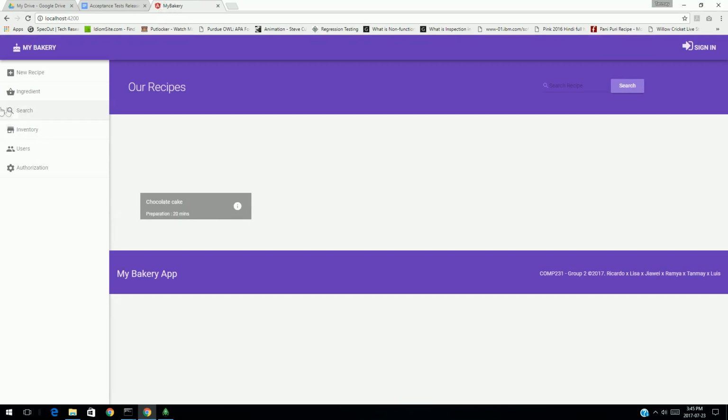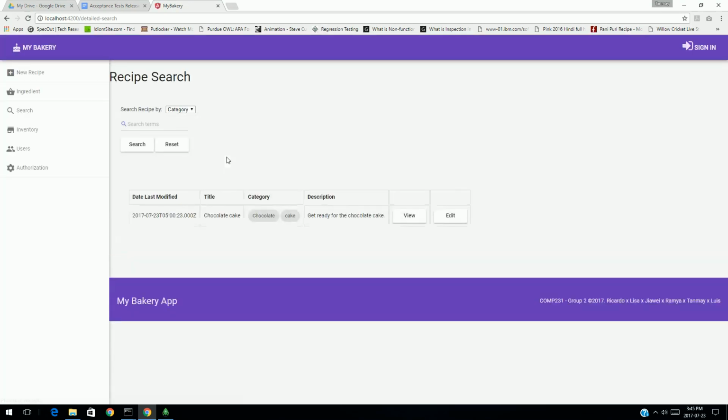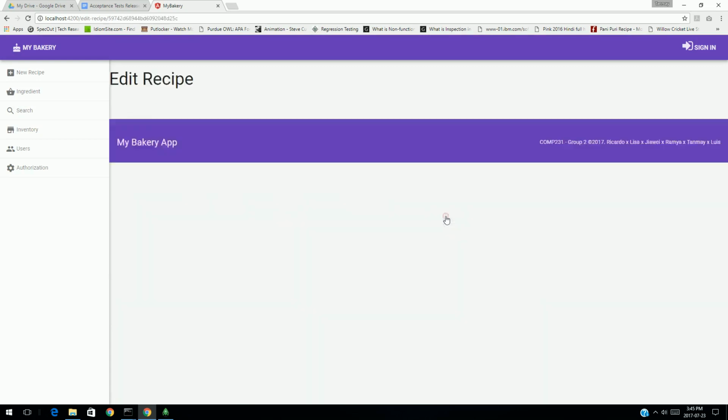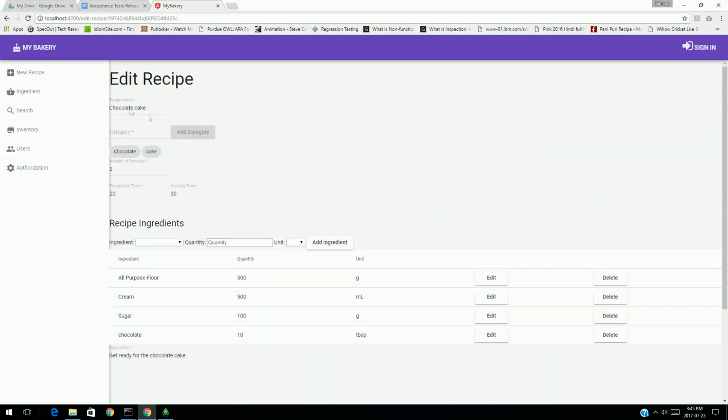Yeah, so we will search for the existing recipe and then we will edit that recipe. So here we have the chocolate cake. So we will click on the edit button. So we can see that all fields are in the edit mode. So we can change the name, really yummy chocolate cake. So we can even add the new category like it's